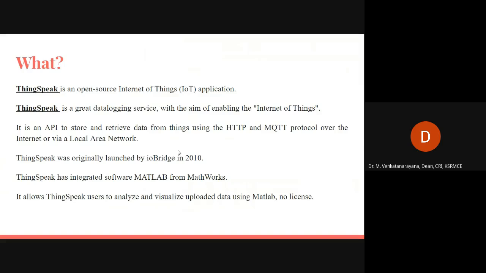It has integrated software MATLAB from MathWorks. It allows the ThingSpeak users to analyze and visualize uploaded data using MATLAB. No license is required. With a license, we can process the data at a faster rate, and we can download the toolbox, so we can enhance its performance.